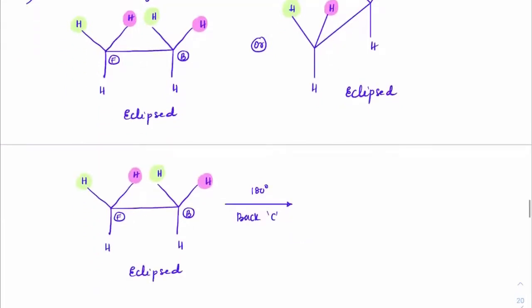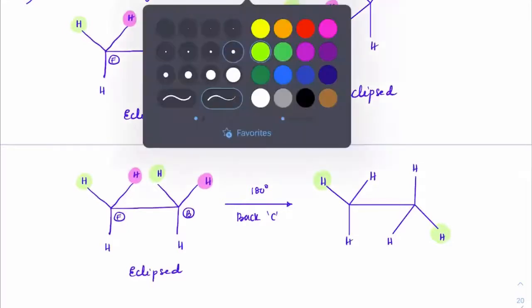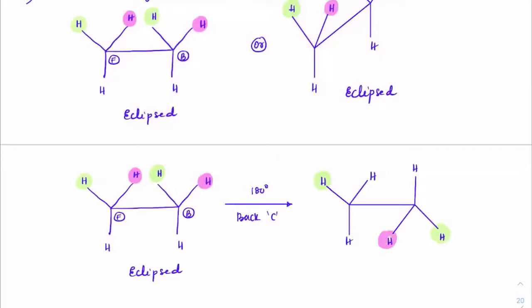So what should I get? This bond line is the same, this bond line is the same. Now this bond line has moved up and these two are the same, like this, and here these bond lines have come down. So here this is hydrogen, hydrogen, hydrogen. These three are the hydrogens, and you can see this one has not changed and the green one has come down there, and this has moved down here, and this is the one which is pink.